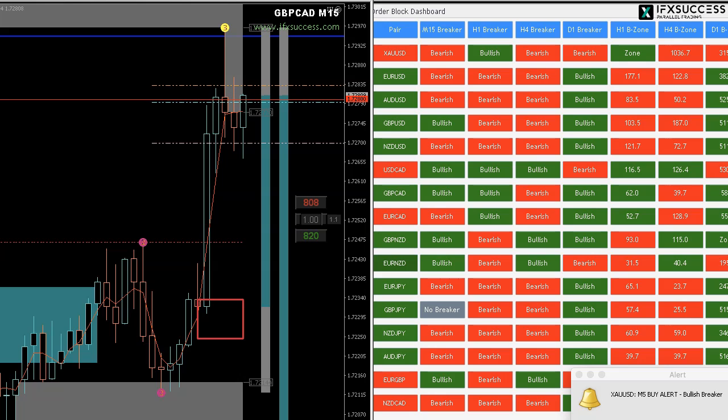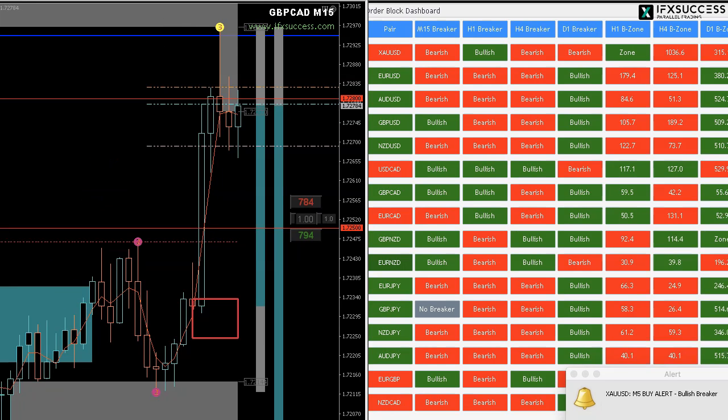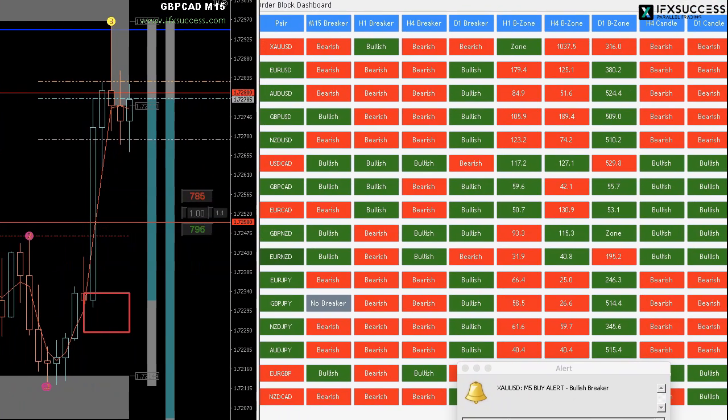I want to go over some of the trades that were made today, and also clarify some things I know confuse you. When a particular pair, let's say gold, has a 1-hour breaker bullish, that can be confusing because you don't know if you need to buy or sell. Well, the main thing you really need to understand is that when you're reading the dashboard,